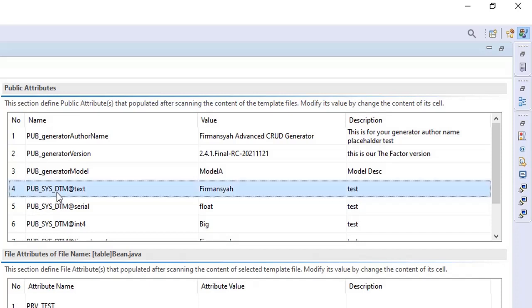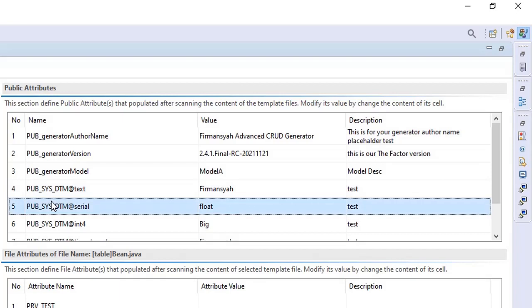The public system attribute has special logic or special handling inside the generator. But for a public attribute defined by the user, the logic is simple: you put the placeholder anywhere, and if the generator tool finds it, it replaces it with the value you already defined.